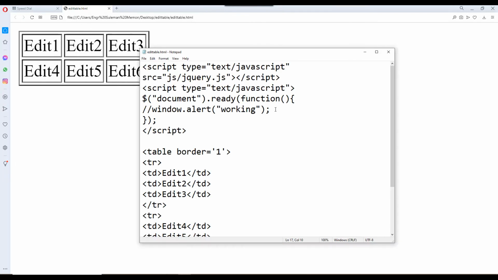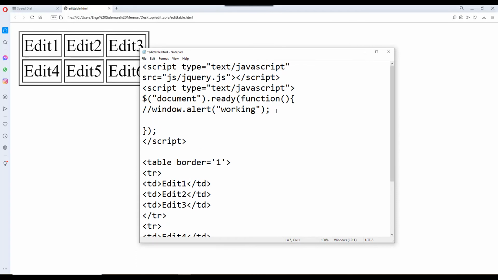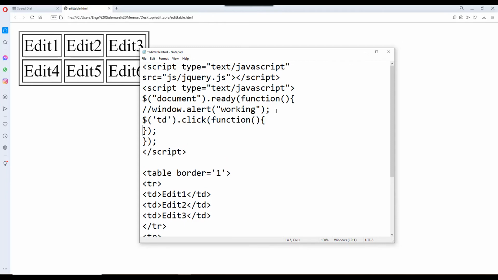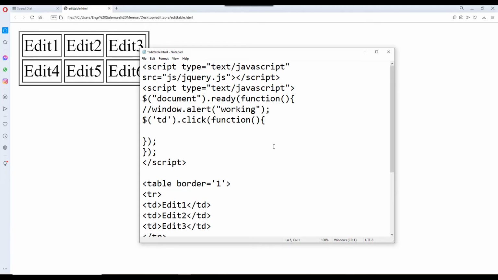So what we do here, first of all we want to check jQuery td dot click, we call a function. When the td is clicked, then what we do, we want to actually edit